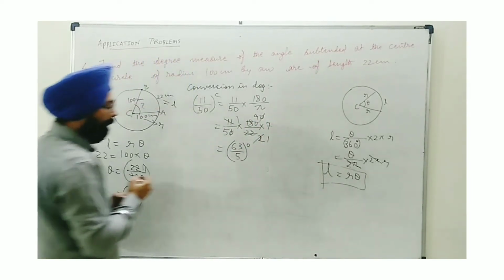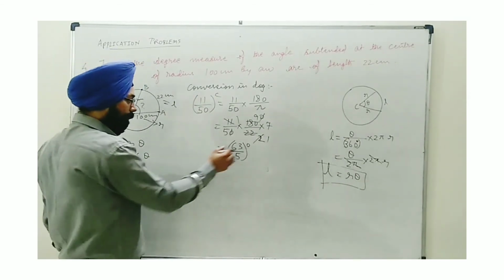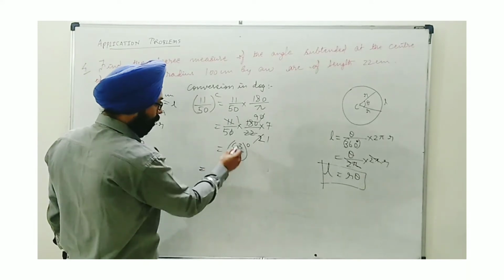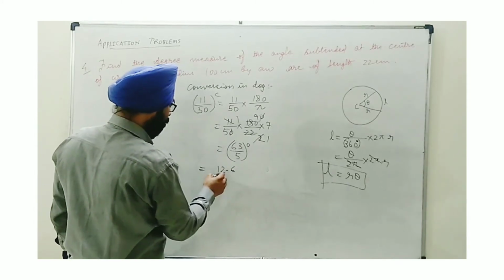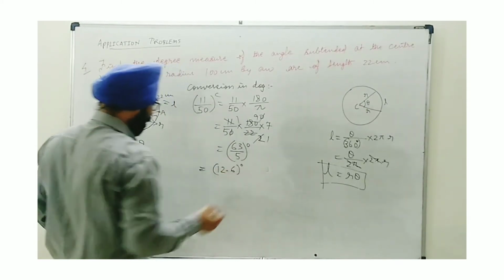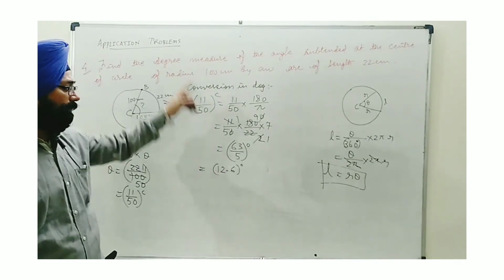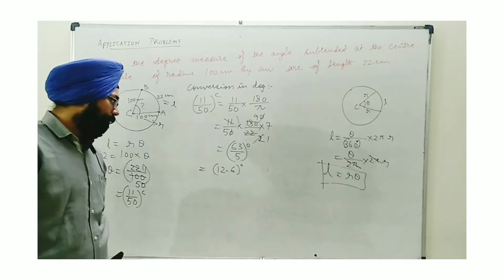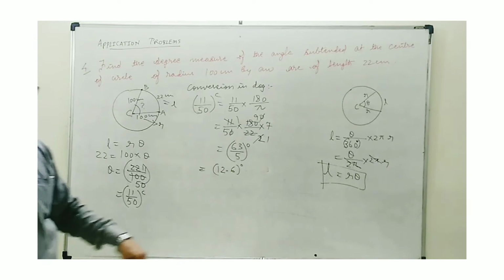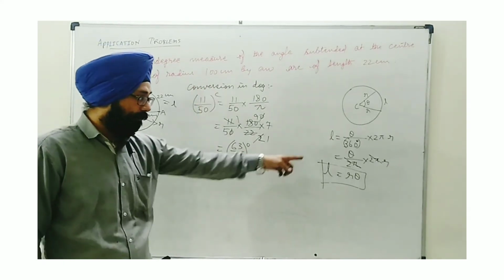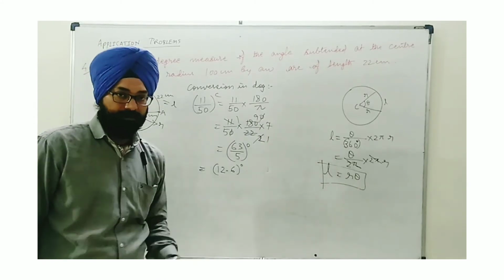Now it converts in degree. As in the earlier lecture I have told you how to convert a fraction into subdivisions, so we can write this by division as 12.6 degree finally. And if you wish you can convert this into subdivisions also, but as it is not mentioned I suggest you stop here. So this will be the final answer, 12.6 degree. I hope you have got it. But be careful with this equation. I have explained a concept, okay, so this will be used in more equations.